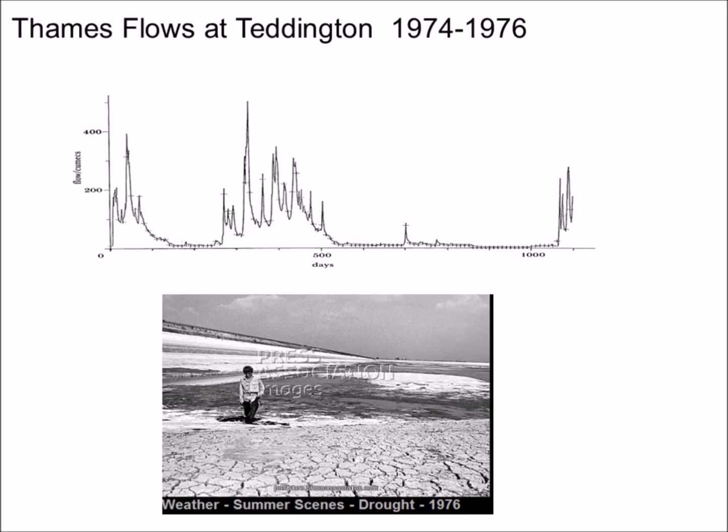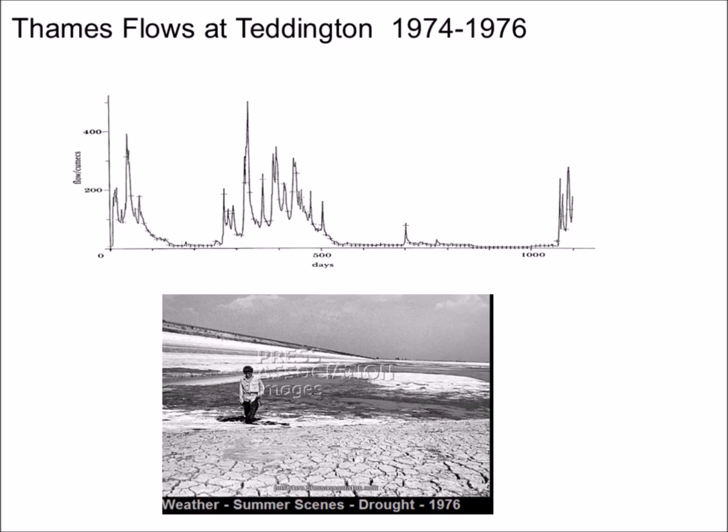Often we're also dealing with situations where we've got very, very low river flows. So this is the 74 to 76 drought. This was a particular period where we had basically two winters of failed rainfall and very low flows in the summer. Quite serious for London, because this is actually data at Teddington, so just upstream of London, and where the water